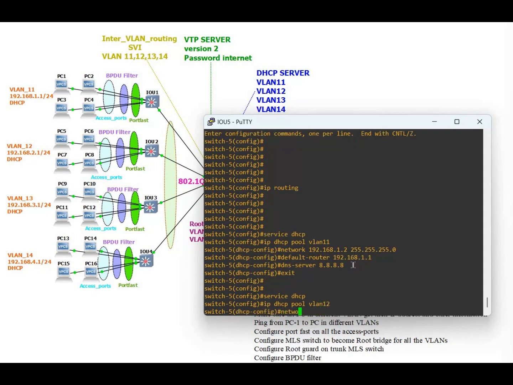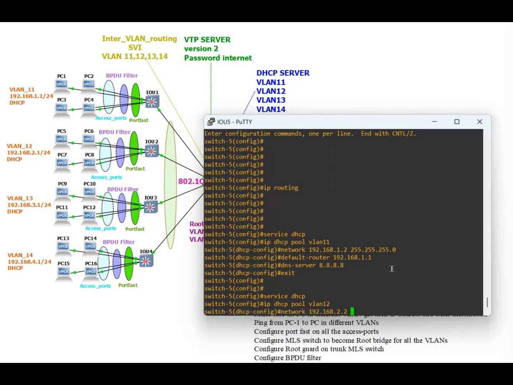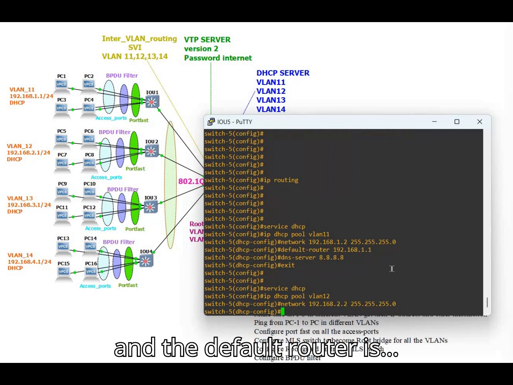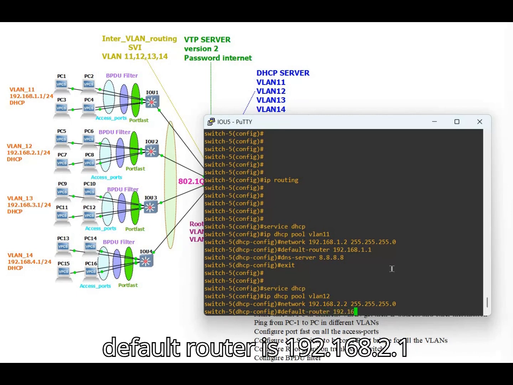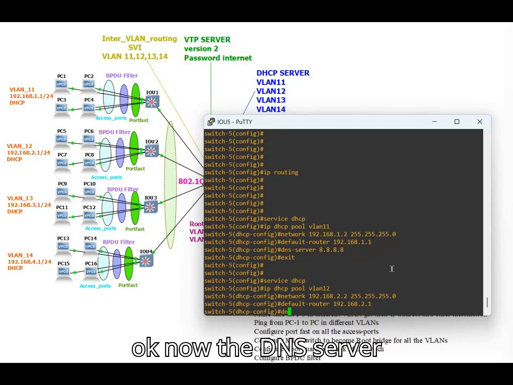The network is 192.168.2.0 because 2.1 is the default gateway, the default router. The mask is 255.255.255.0, and the default router is 192.168.2.1. Now the DNS server is